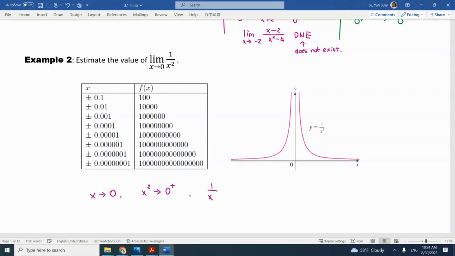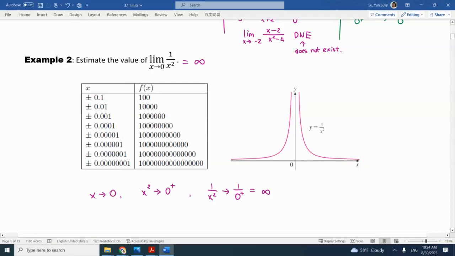So therefore 1 over x squared is like 1 over 0 plus, which is, maybe I should put an arrow to indicate that's the limit. Okay. 1 over 0 plus is infinity. Yes, everybody? So this is a picture. When you're going close to 0, the y just goes up. That's infinity. And you can see on both sides, both go to infinity. So you can say the limit is infinity.